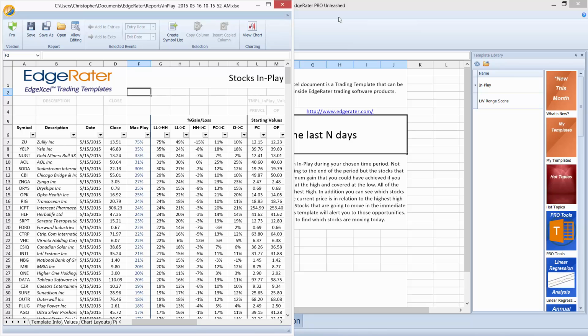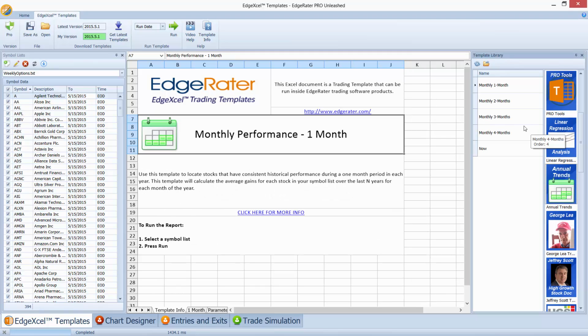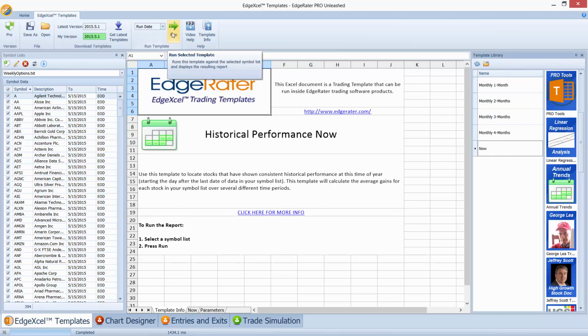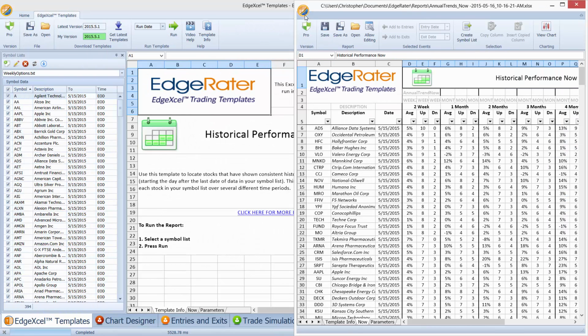Now it may not have all of the information in there that I would like to see. For instance, I might like to see seasonality. So what I would do is I'd go down to my annual trends template. So I'll look at seasonality. Select the template I want for seasonality, now run that template on the same list. Okay, when that's done, it's going to pop out the seasonality report, and let me just put that on that